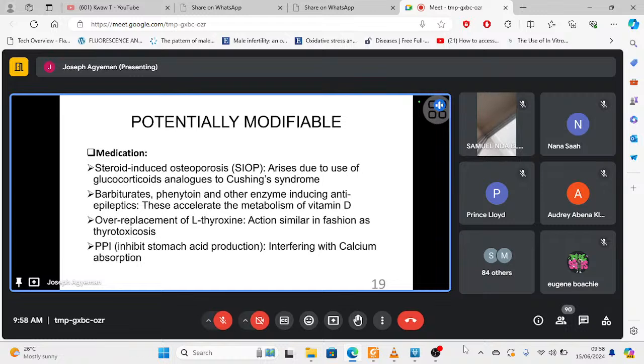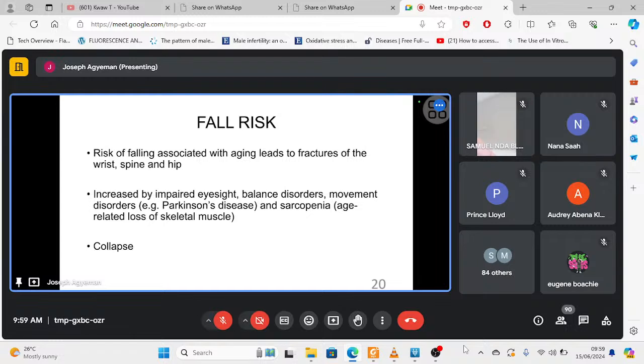Again, in thyrotoxicosis, you have high metabolic rate, and therefore you can clear hormones such as estrogen and calcitriol easily. Somebody on a PPI can have interference with calcium absorption from the GIT because of the reduced acidity. So these are examples of medications that can also contribute to